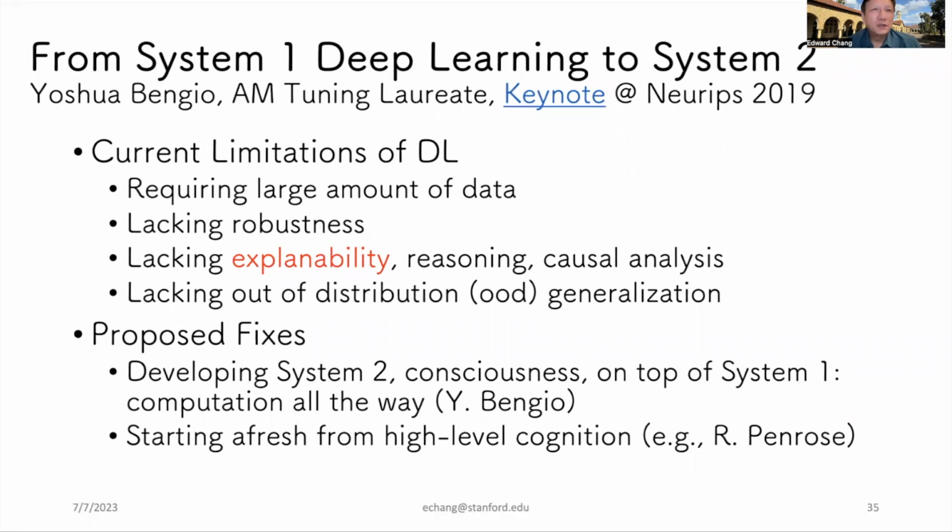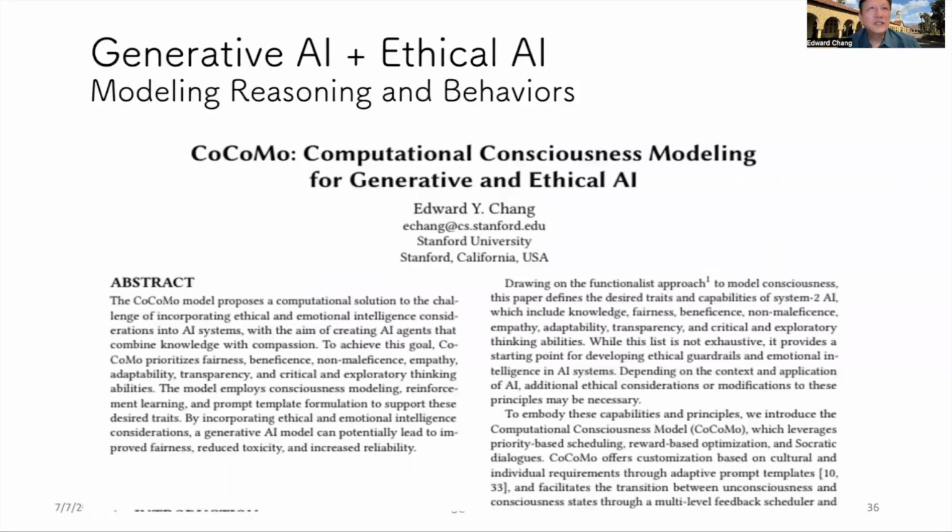Bengio proposed the fix may be developing system 2 on top of system 1. At the same time, a couple of Nobel laureates also suggested we have to build a conscious layer on top of an unconscious layer. The foundation model can be characterized as an unconscious layer, and the conscious layer has to be developed on top of it. And this is a paper I put forth about 3 months ago